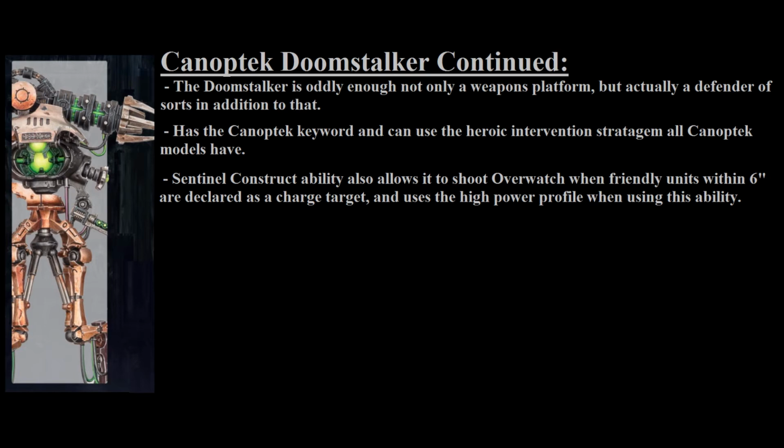While interesting, it's a very swingy ability as Overwatch isn't a very reliable way to hit, and with a total of D6 shots on the Doomsday Blaster, you're only very slightly favored to hit while shooting it in the Overwatch profile, meaning that in most cases you're just as likely to miss as you are to hit with one of the shots. However, the Sentinel Construct ability isn't all it brings to the table in the Protector sense, as it